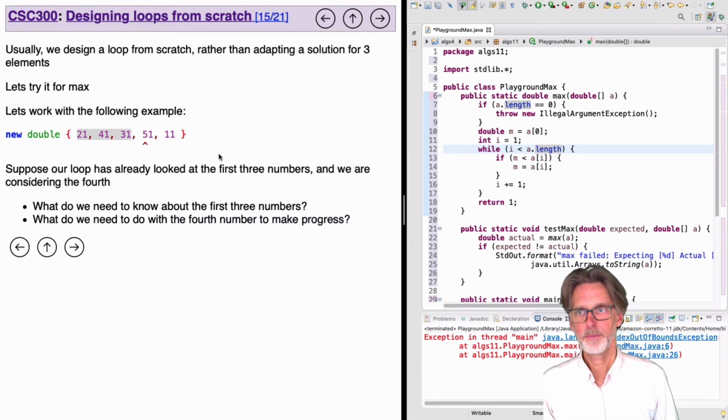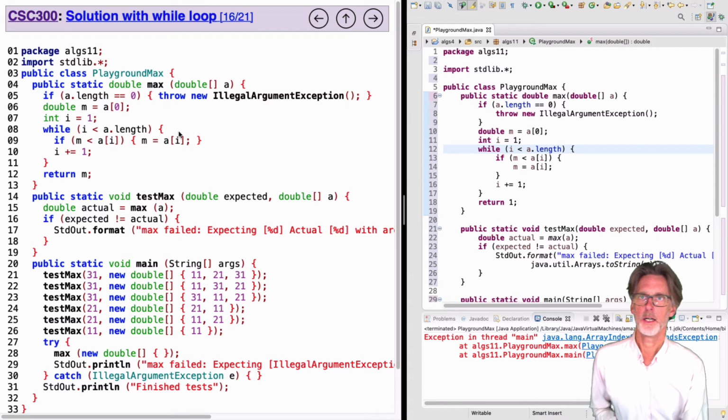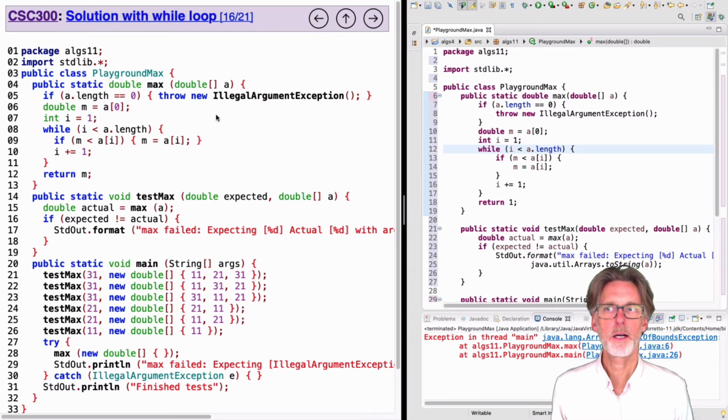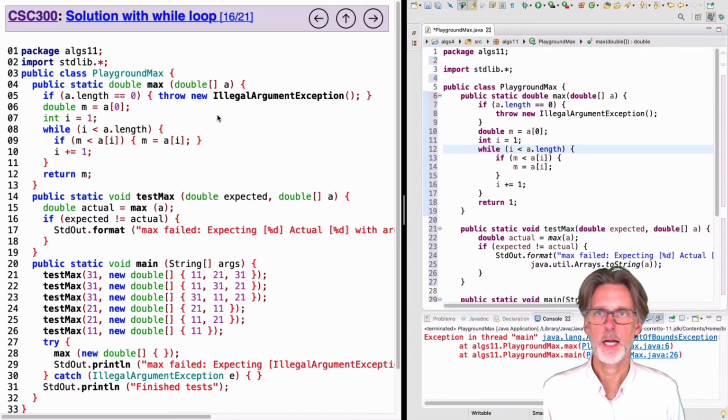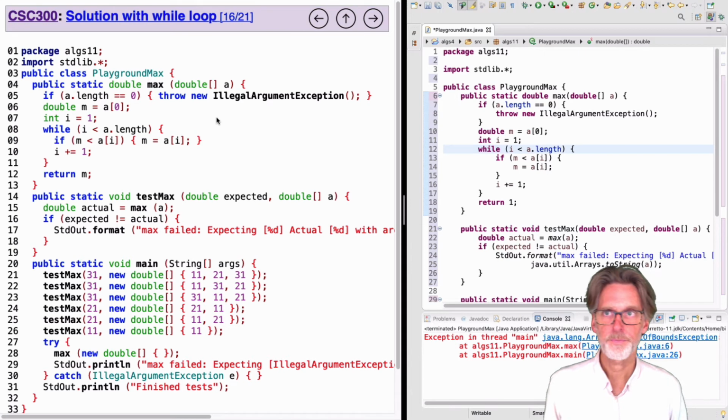Okay, so this is nice. There I have a function, and we sort of derived it. And this is indeed the code if you want to see the while loop version of this. Using a while loop or for loop doesn't matter. It's exactly the same. So while loops and for loops in Java are interchangeable. All right,